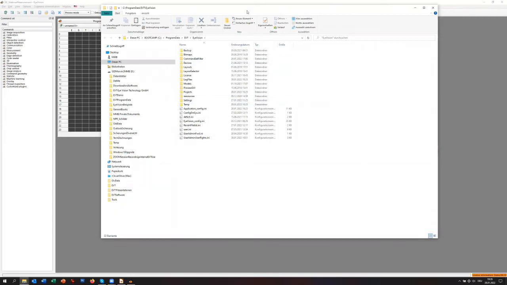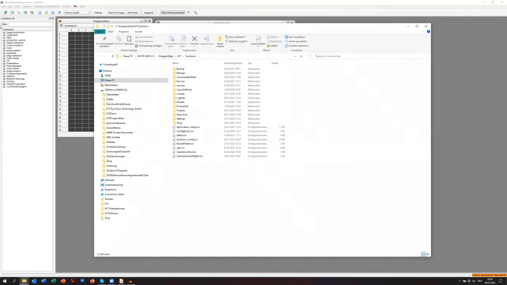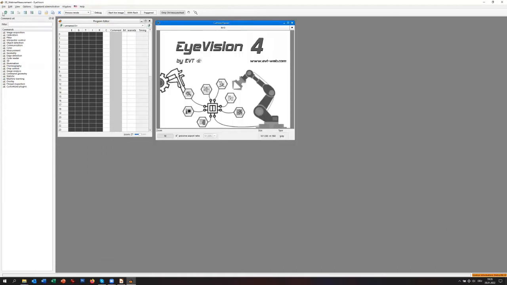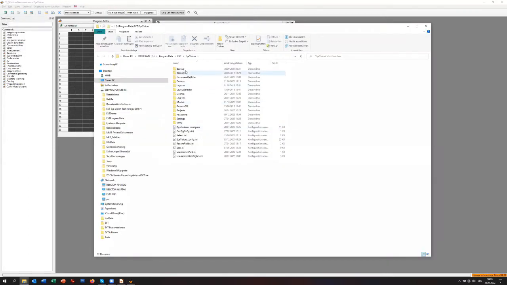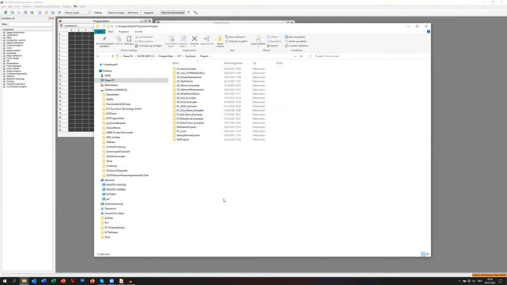If you go to our system folder, with show directory, and then you go to projects. If you downloaded the software, you don't see all this stuff. These are the additional projects which you can download and copy into this project. Especially today, I will refer to the 2D area examples, especially the 2D area example measure and calibration